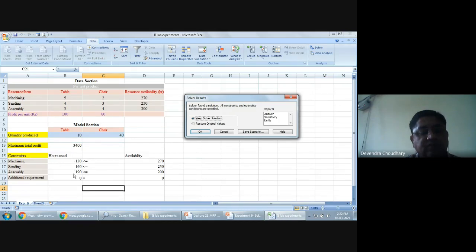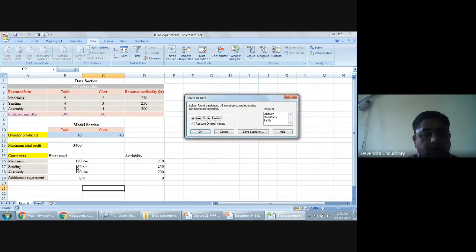No resource has been utilized completely, particularly the machining resource. As you can see, tables were consuming most of the machining resource, and you are now going to produce significantly fewer tables. Your machining resource is about 50%, I think, right?